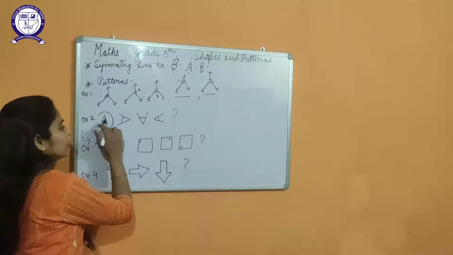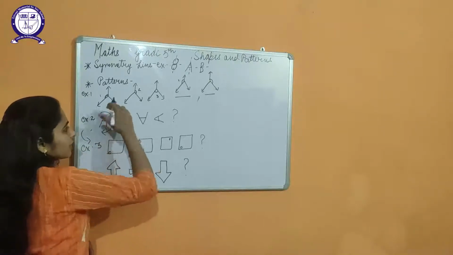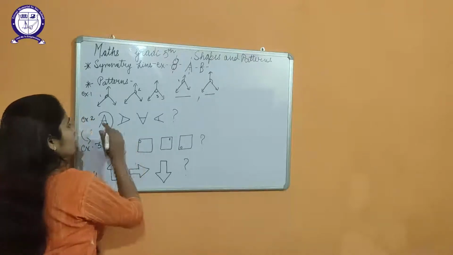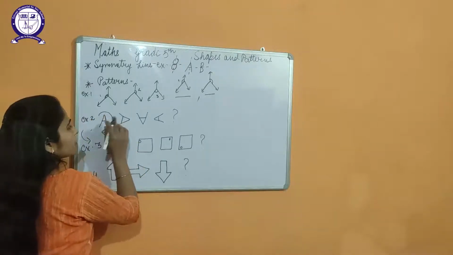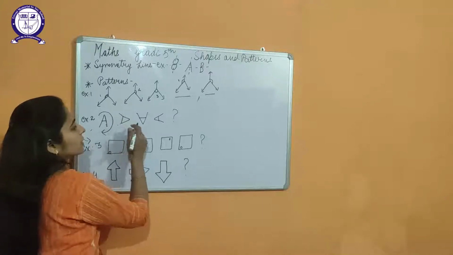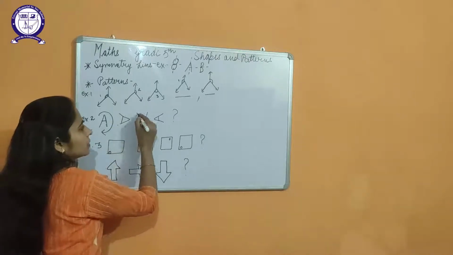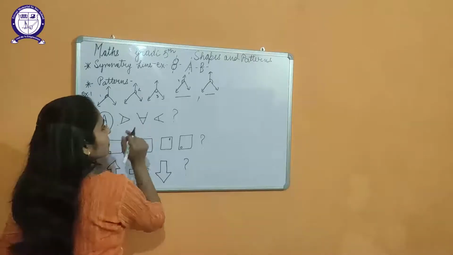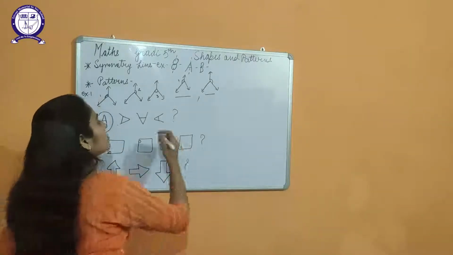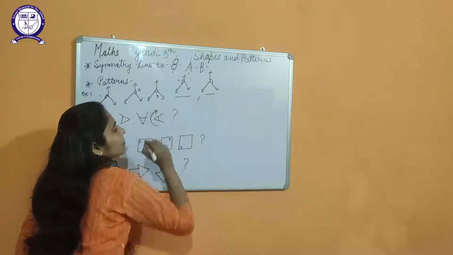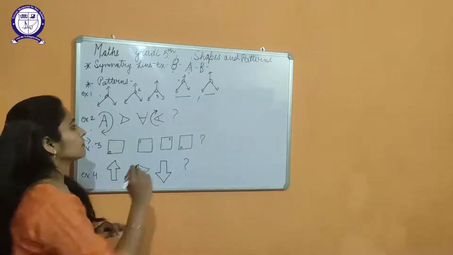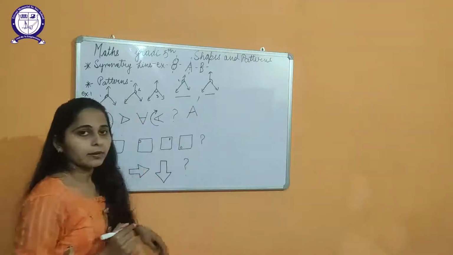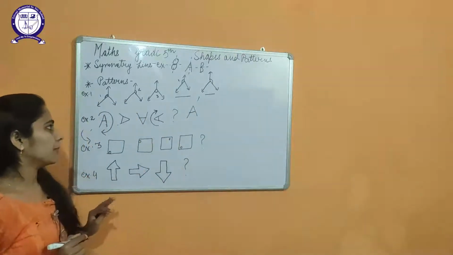So this is the A, and this A is taking a 1/4 turn, a quarter turn, clockwise. So this upper portion will move to the right hand side. Then in the next term, the right hand side portion will be in the downward direction, and the downward part will move to the left. The next two terms will again take a 1/4 turn. So a 1/4 turn means the left side part will move above. Okay. So like this we can complete the pattern.